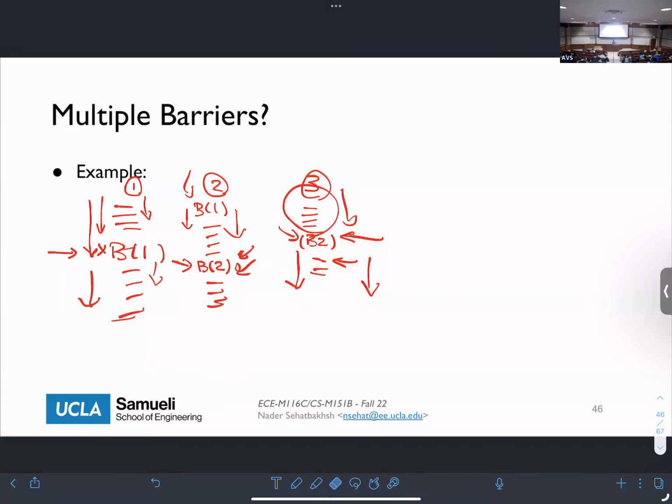All right, and remember, we still have our consistency models and memory models within each core. If you have sequential consistency, it means that these things cannot be reordered. If you have TSO, it means that the writes should be in order, everything else can be out of order. So you still have your consistency models within each region between two barriers and so on and so forth. But what these barriers give you is the synchronization and the timing between them. So don't mix these two together. Both of them are still there.